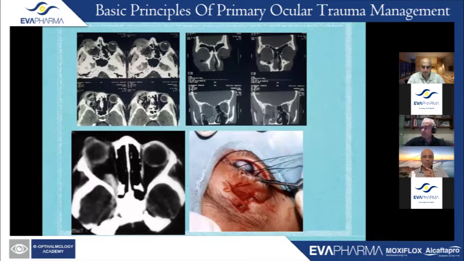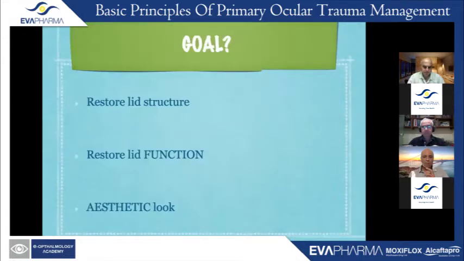So what is our goal in lid injuries? The first thing is to restore the lid structure, and the second important thing you have to put in mind is to restore the function. So not only the lid structure, you have to think about the function of the eyelid. You need to do the sutures so as not to affect the function. And also don't forget the aesthetic look, because the patient will blame you for any scars in his lids or face. So for example, this patient, he had a simple lid wound, but it was a deep lid wound, and